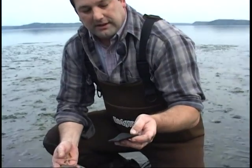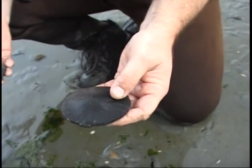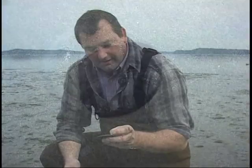If you find a live one like this, which is all covered with these brown spines and little hairs, you place him back on the beach, right side up, just like that, and he'll bury himself back in. If you want to collect a souvenir, there's plenty of